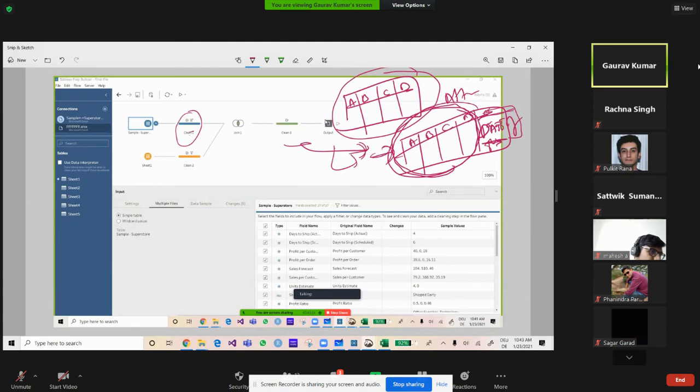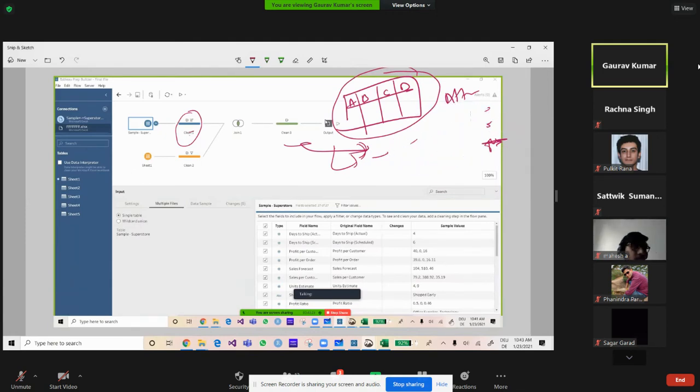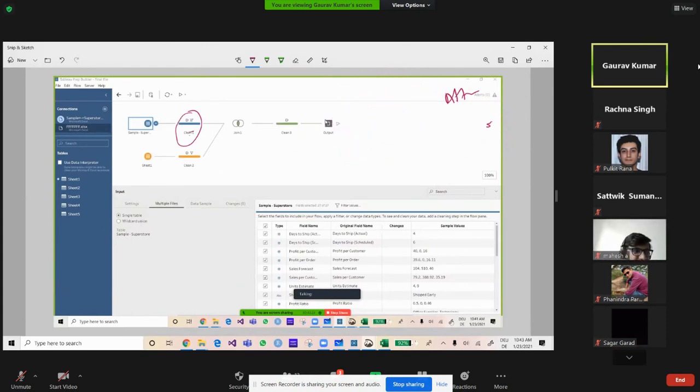So this is the flexibility, because for example, after 2 or 3 years, maybe the data will be more and there will be some more columns inside it. So if you have created this, you just give it to any of your colleagues in your team, and he can just run that, and then your data is ready. You can also save this to a server, and then anybody can access that data from that server.